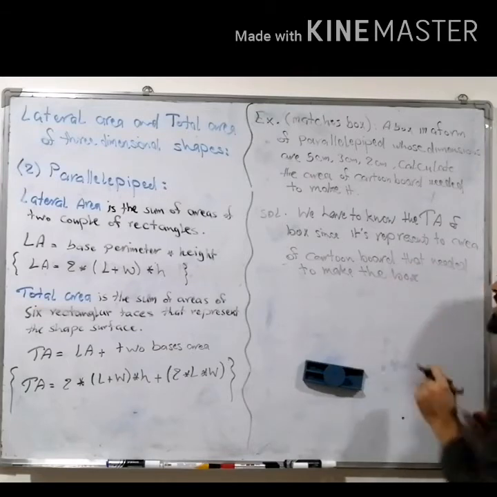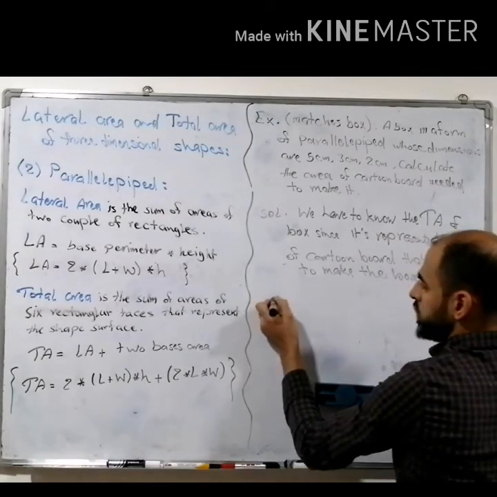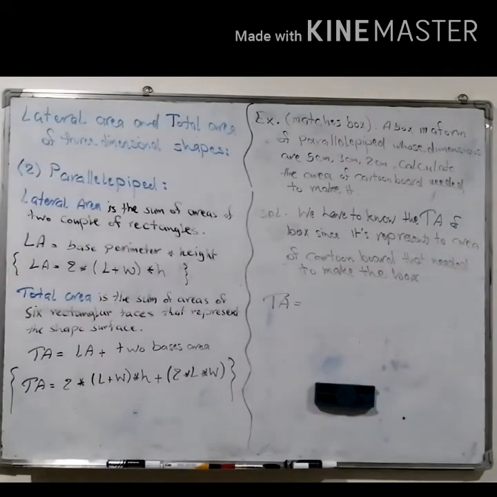That means the total area, as we say, is the area of carton needed to make the box. So by directly applying and simplifying the law of total area,